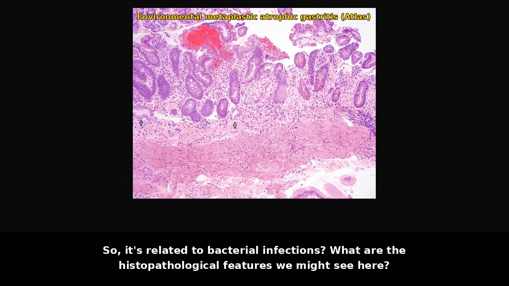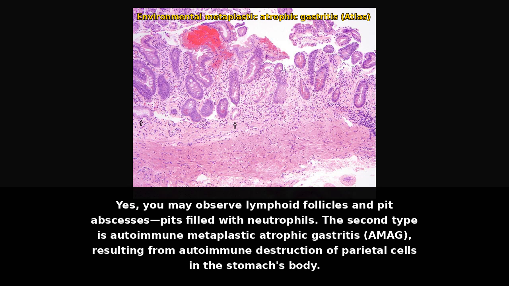What are the histopathological features we might see here? Yes, you may observe lymphoid follicles and pit abscesses. It's filled with neutrophils. And the second type is autoimmune metaplastic atrophic gastritis, AMAG,